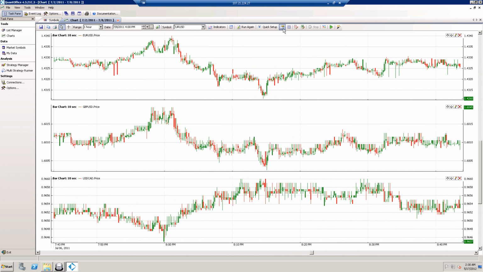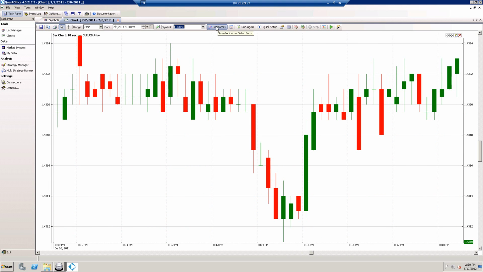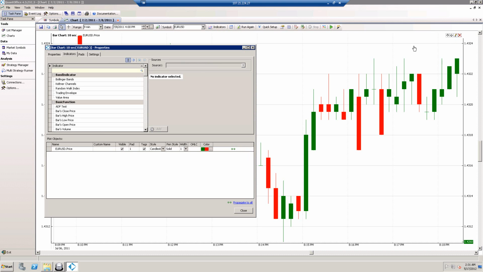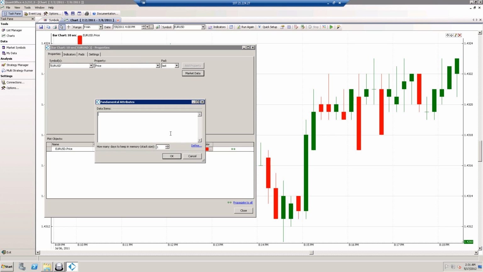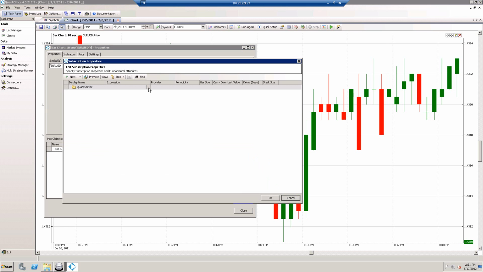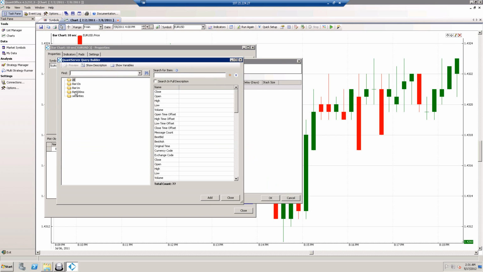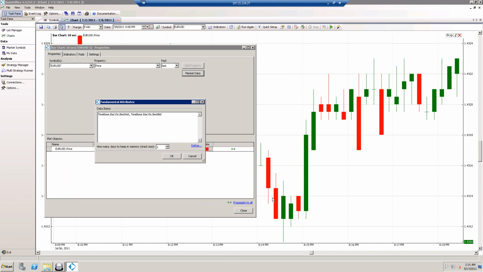Now let's do a little more interesting work. Let's say I'd like to zoom out to 1 hour and pick one chart per page. I'll choose additional market data. I can click on this command, and I would like to bring additional properties to my chart. I'm going to select the following information. I'm going to choose from 10-second bars. I'll choose best bid, add, and best ask, add. Close this window, click on OK,